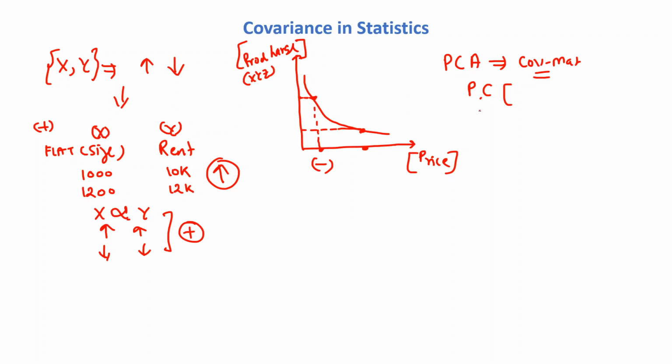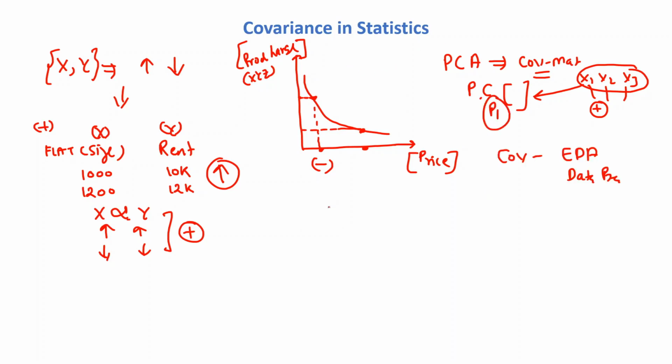So how do we create a principal component? We create a principal component by using the covariance matrix, where same-type features like x1, x2, x3, if all these features are positively correlated to each other, then we can put all these features in a single component like P1. And we also use covariance when we do feature selection or feature transformation to get the relationship between the random variables.